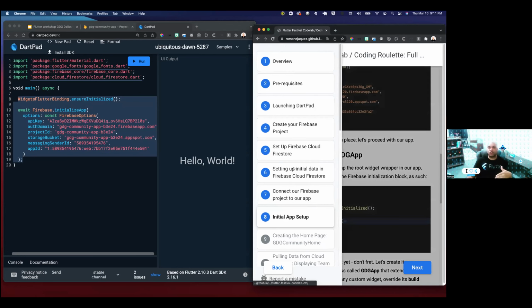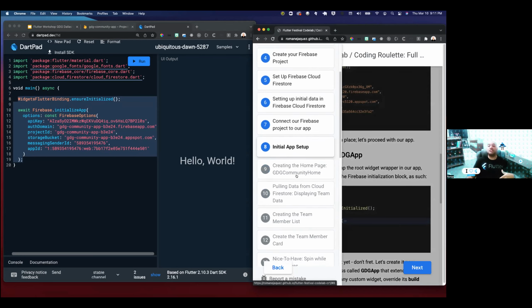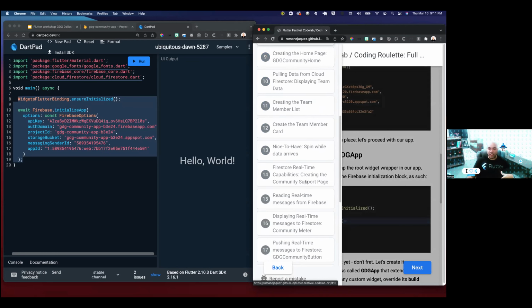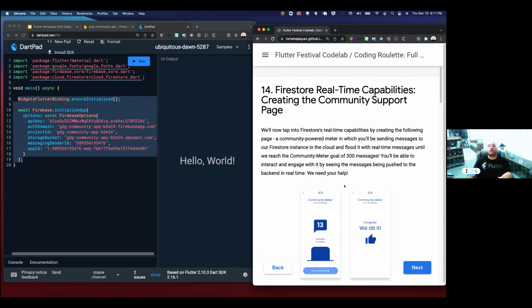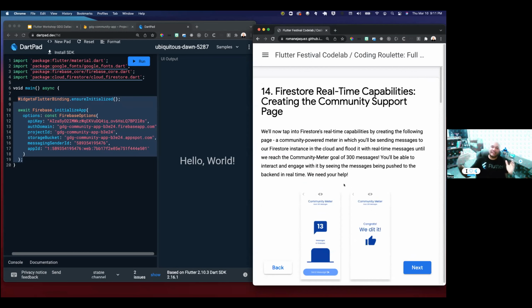But for the sake of this tutorial and this session, I want you to skip all the way to here, I want you to go to step number 14. Step number 14 is this page that we're going to be building, which is going to be connecting to Firestore in real time. So we're going to be creating a widget that will connect to the real-time capabilities of Firebase